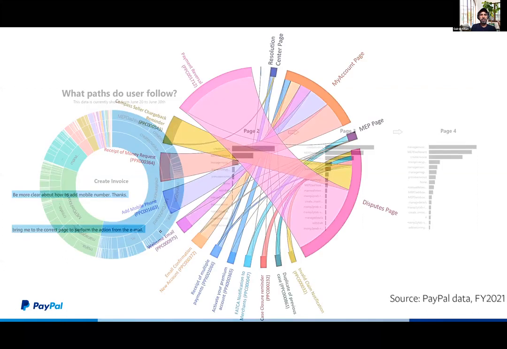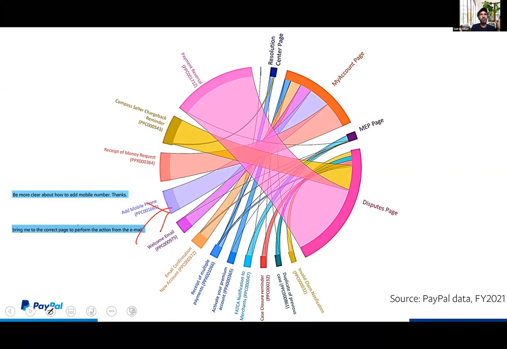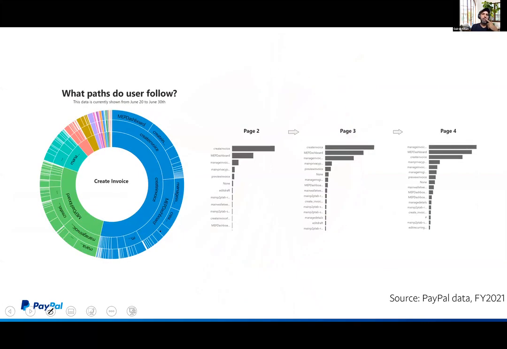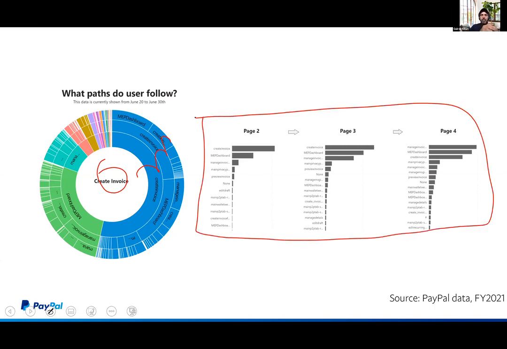So that was the portion of the behavioral data. There are these other things that we try to understand, and here, this is a visualization of how people are moving when they go to create an invoice, and then go from one page to another page and another page, and it's the same data that you would see in this format as well. And here, what we found out was,